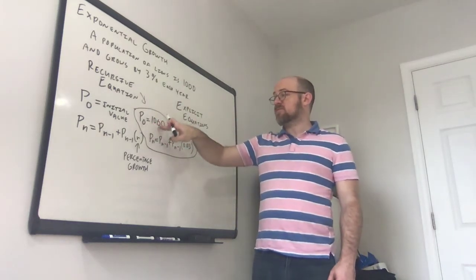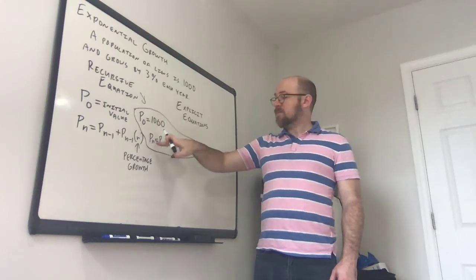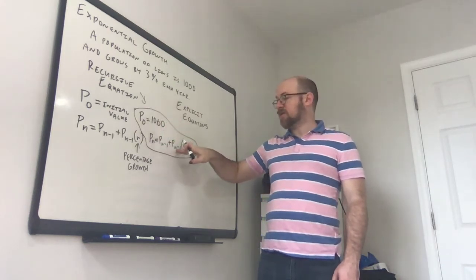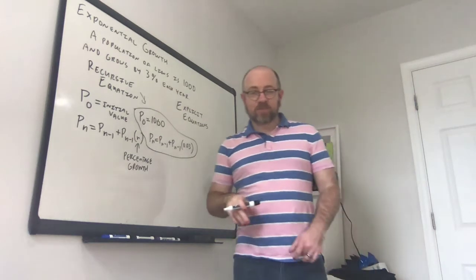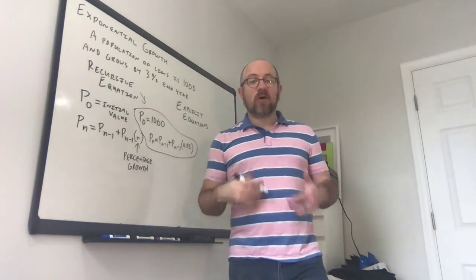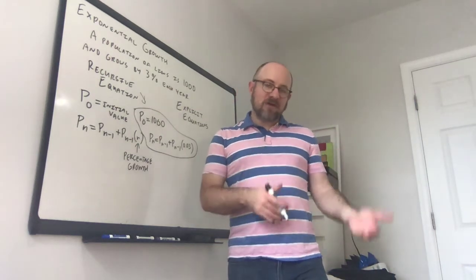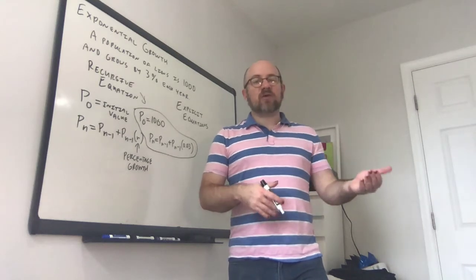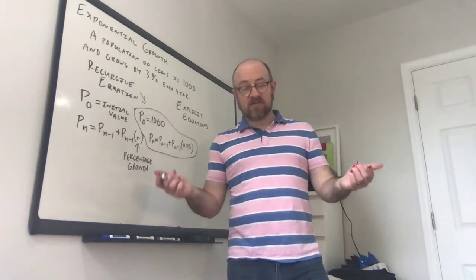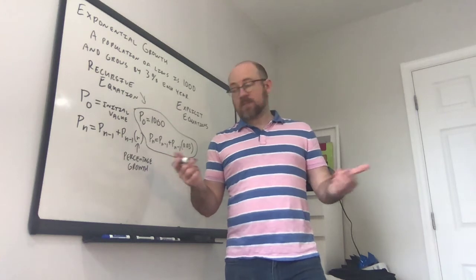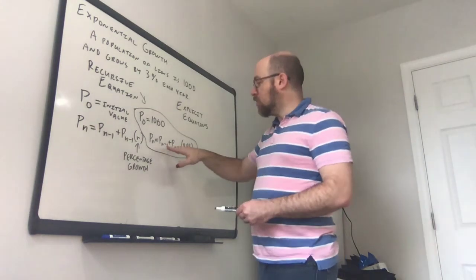It's always going to be p sub 0 is your initial amount, p sub n is p sub n minus 1 plus p sub n minus 1 times the percentage. And all that's saying is that if you want to get the next value, take your previous value, add to it your previous value times the percentage growth rate. Okay? So another way to write this